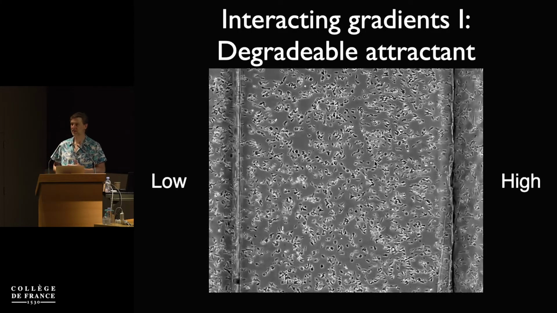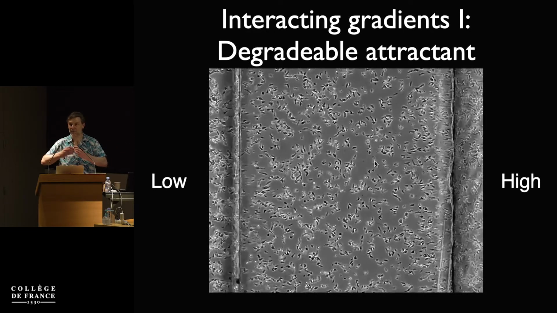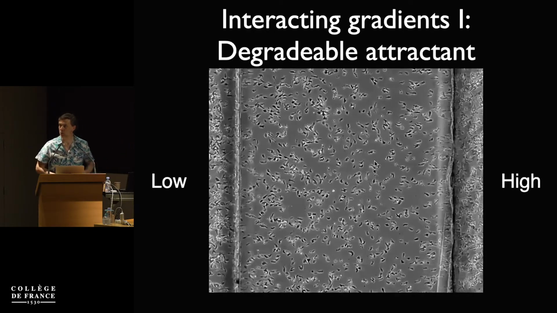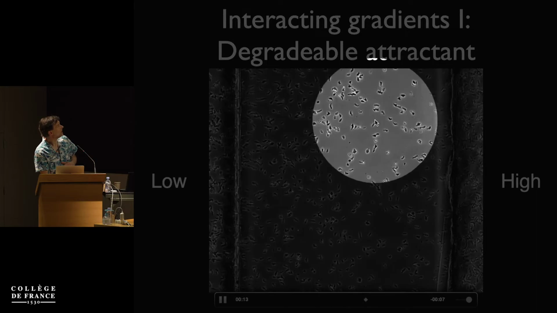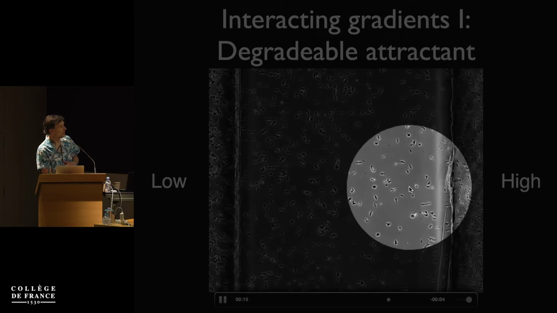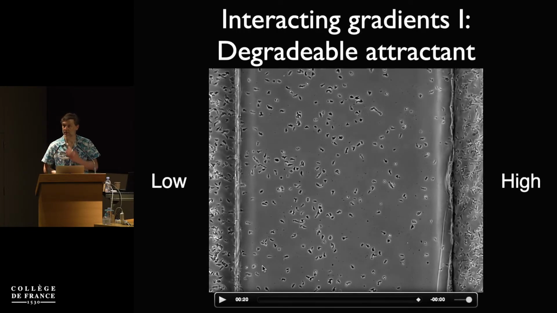Now, here are some really interesting things, and this is where we start saying we are doing real biology here, this is wonderful. If you make that same mix I showed you before, but the cells are able to degrade the attractant, then you get this marvelous complex behavior. We call this the Moses effect, because Moses parted the Red Sea. So on one side, the cells are breaking down the chemoattractant to make a steeper gradient. So on this side, the chemoattractant dominates. On this side, the cells have broken down so much chemoattractant that the chemorepellent dominates. So you get a split, and the point where it splits from tells you the ratio of the affinities of the agents for the receptor.